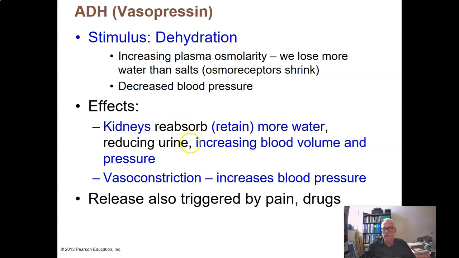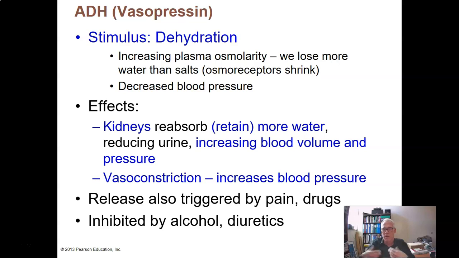Incidentally, extreme pain can cause the release of antidiuretic hormone, which will drive up your blood pressure. If you ingest ethanol, ethanol will inhibit ADH release, and so when people consume ethanol, it causes them to have a very highly increased rate of urine production. People that drink alcohol will be peeing a lot because their ADH has now been reduced, and